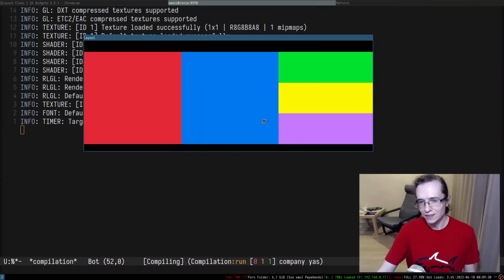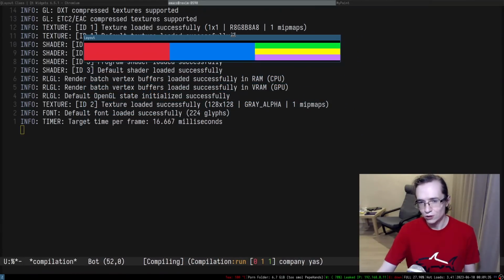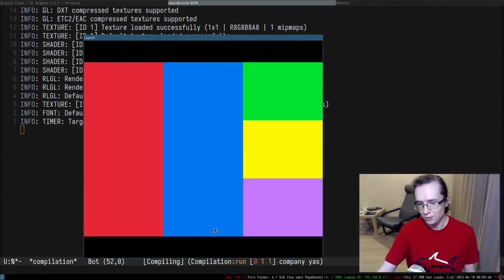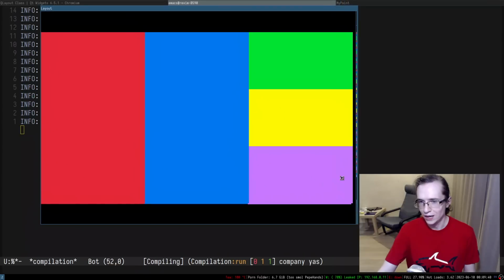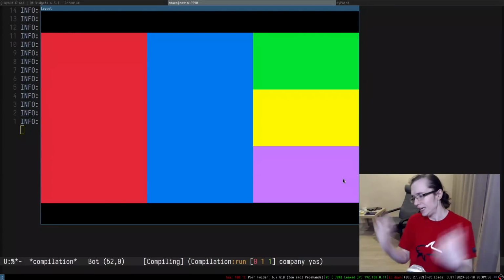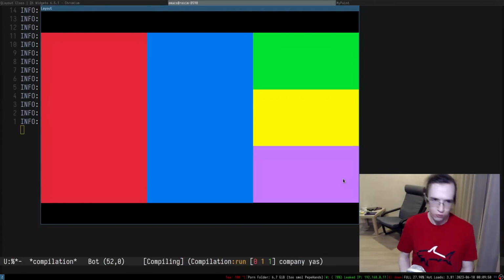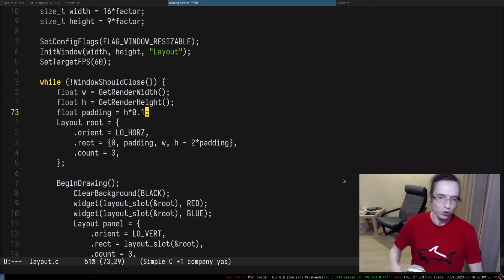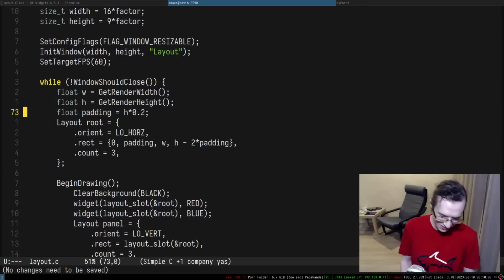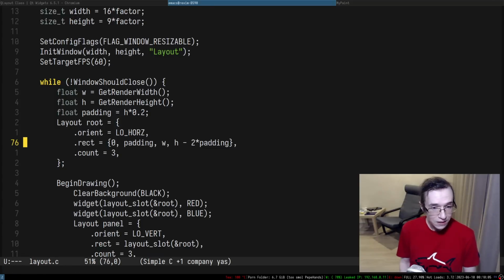Now, this padding is a fraction of the height, right? So it becomes bigger or smaller depending on the height of this entire thing. Isn't that cool? I think that's pretty cool. So this is adaptive UI without CSS and JavaScript. Holy shit. Can your shitty web do that? I don't think so, mate. Nobody needs your web. Web is dead. I don't know what is wrong with it, but anyway.